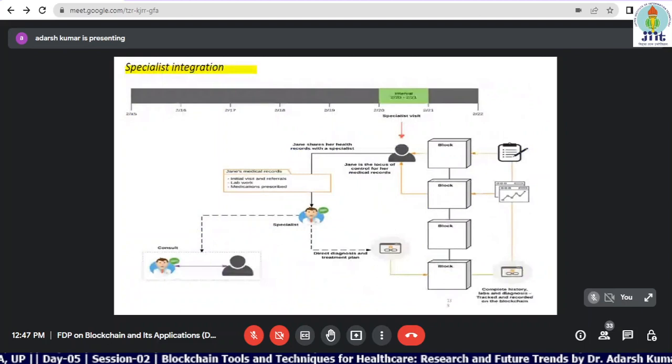And then is the specialized visit. This is the third timeline. After his lab test is done, the report is generated either at the same time or some later time, all of the data is recorded into the blockchain, and the patient is informed that lab test records have been generated and he can collect them. Then finally, if needed, he can get a specialized person, a specialized doctor, right?